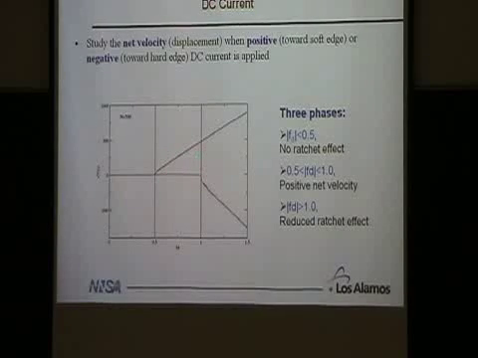So in this regime, we've got the ability to move in one direction but not in the other. If we set the amplitude of our AC drive somewhere here, you would naively expect they're just going to go forward because they've already been depinned in the forward direction and not in the backwards. Whereas if we raise our force to here, they should still go forward but at a reduced rate.